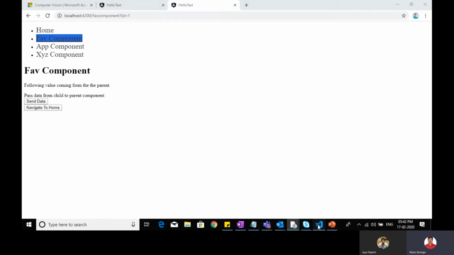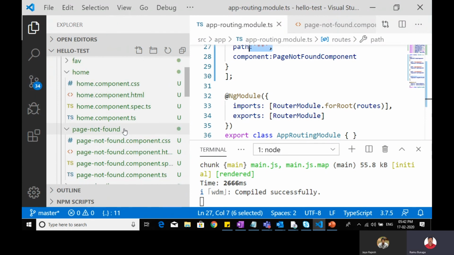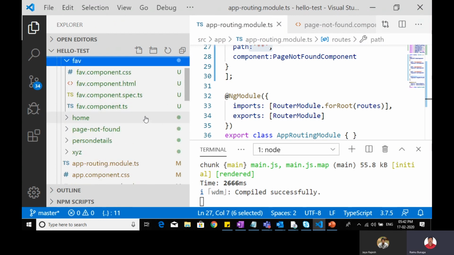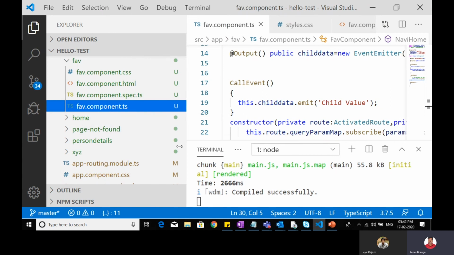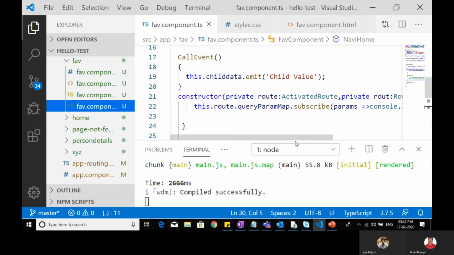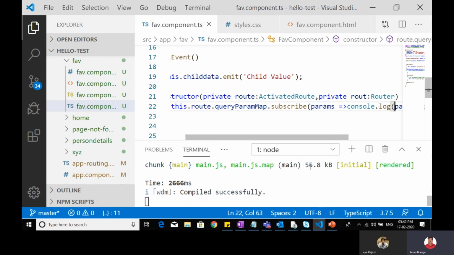So you go to your fav component.ts. This is how we can read that.